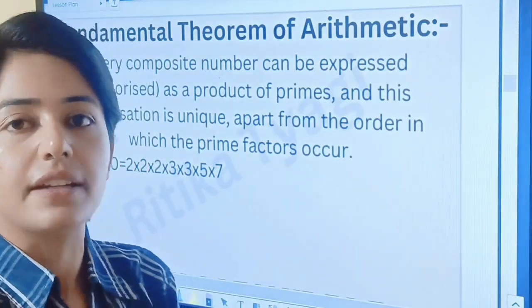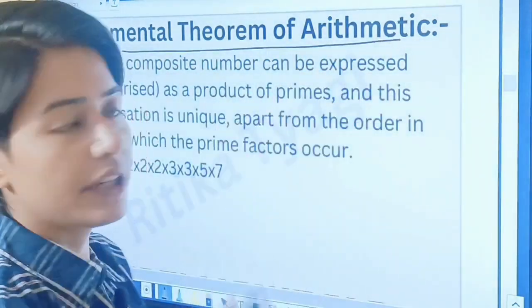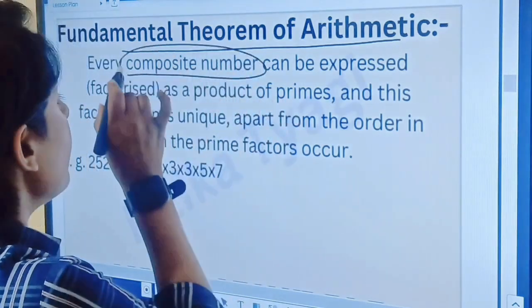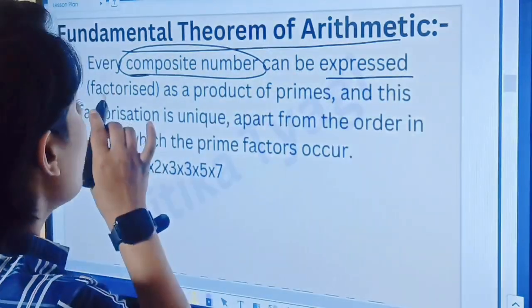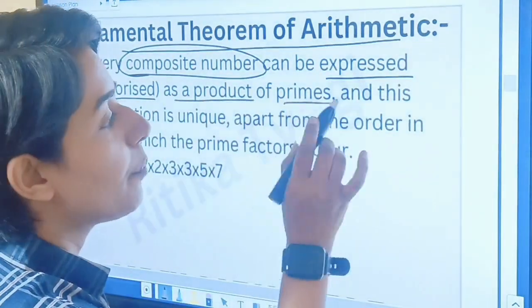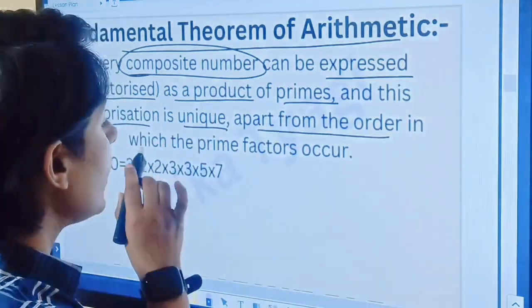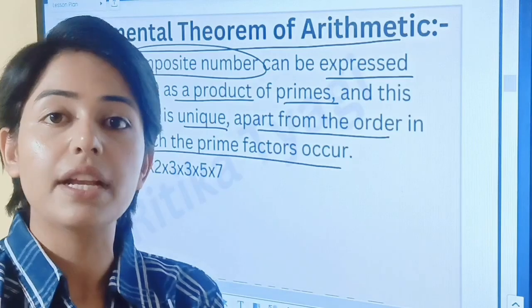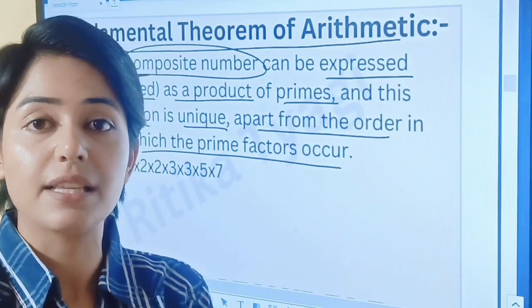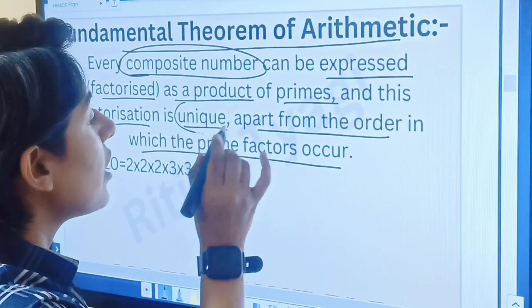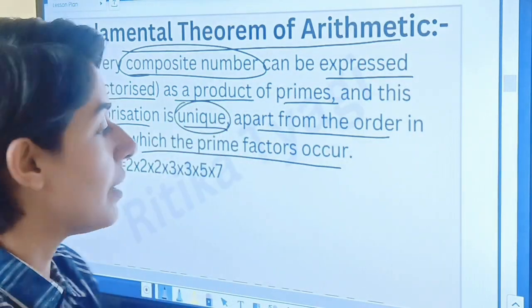There is a theorem, the fundamental theorem of arithmetic. What is this theorem? Every composite number can be expressed or factorized as a product of primes, and this factorization is unique apart from the order in which the prime factors occur. Every composite number can be expressed as a product of prime numbers, and these prime numbers are unique for each composite number. For example,